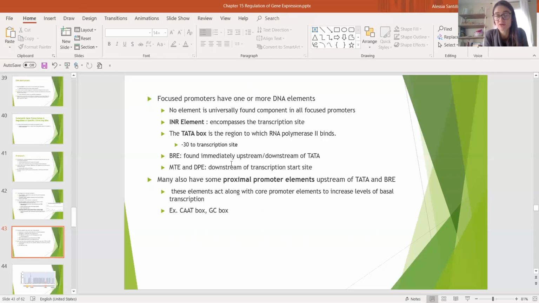Like I said, it's very similar to the Pribnow box. It's quite essential. Basically any gene that is made into mRNA has the TATA box because RNA polymerase II binds to the specific region, and it's about 30 nucleotides away from the transcription site. We also have BRE, the BRE element, which is usually found either upstream or downstream of the TATA box. Then other things like MTE and DPE, which can be